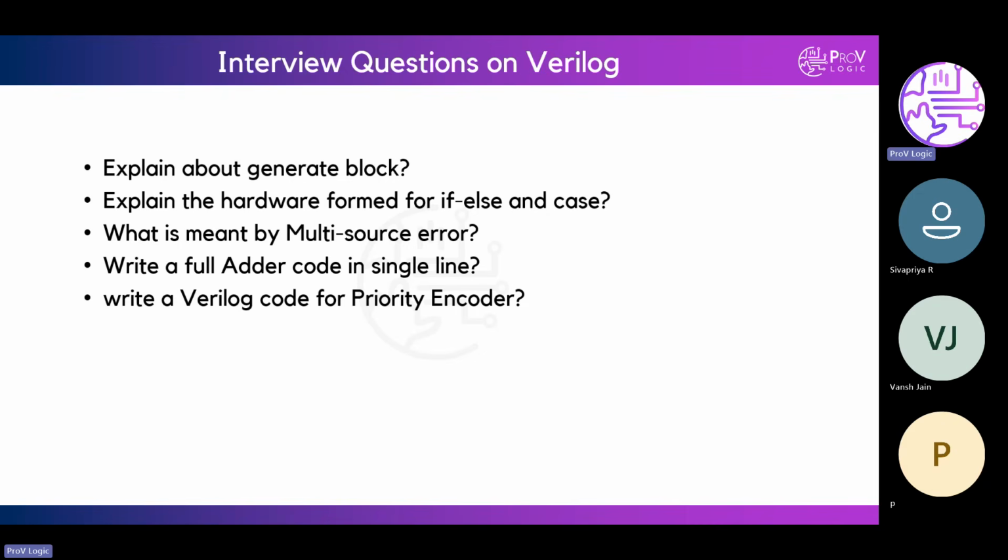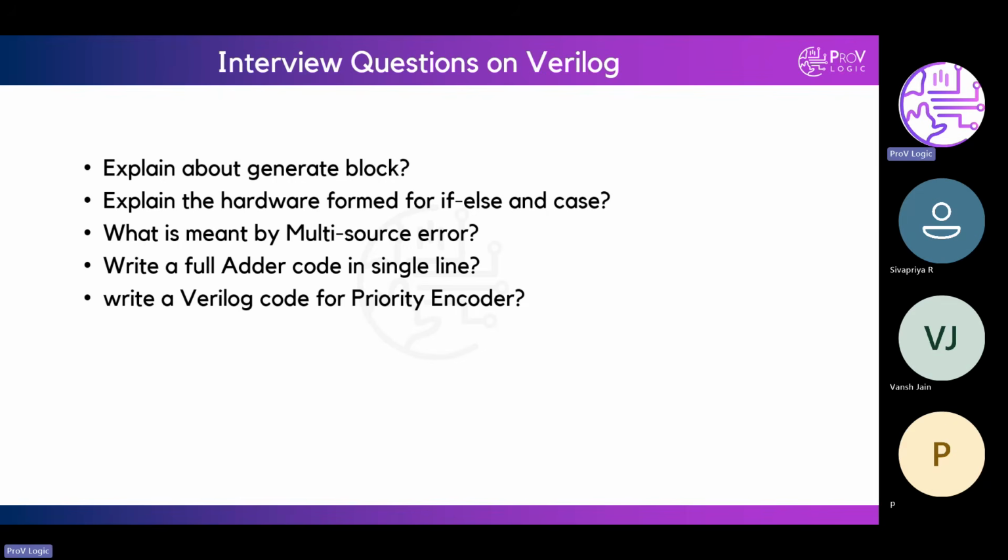Can you explain about the generate block, how it will be helpful? It is used to access parameterized modules.